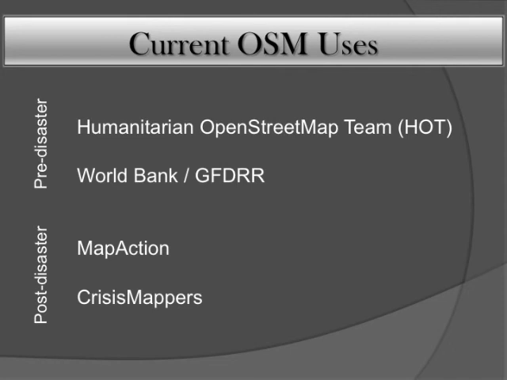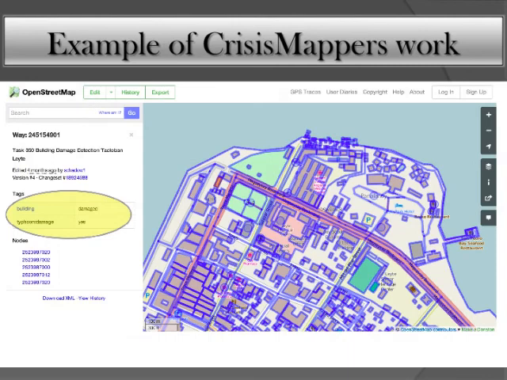So to clarify again, this methodology is already in use. Therefore, my research is simply considering where built environment professionals can provide input into the system. So Humanitarian OpenStreetMap Team, they utilize it in a variety of ways. The World Bank and GFDRR are involved with some pilot projects, and they're promoting the methodology among NGOs and